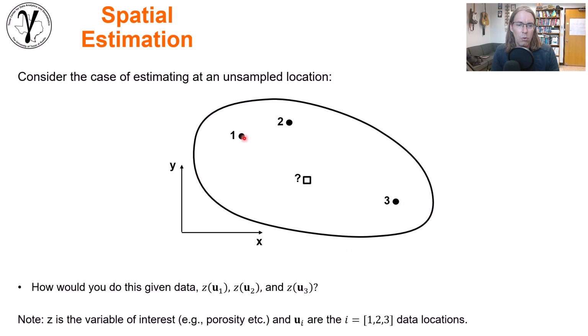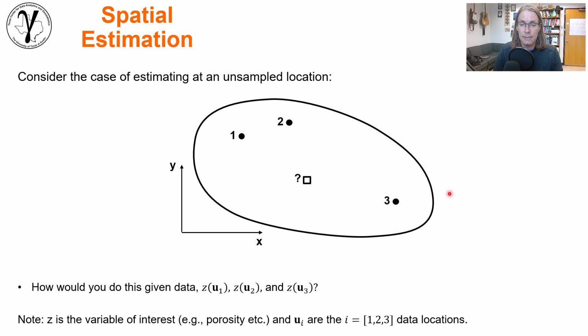So we have locations 1, 2, and 3 that we've sampled. Those are places at which we have data. And now what we need to do is map or estimate in between those available data, for instance, at this one unknown location right here. So the question is, how do we make that prediction given that we know the values at